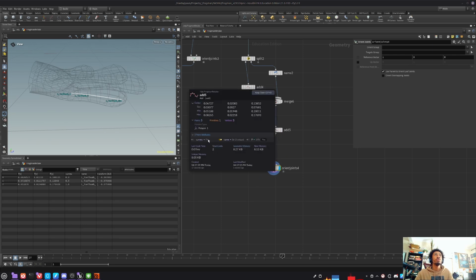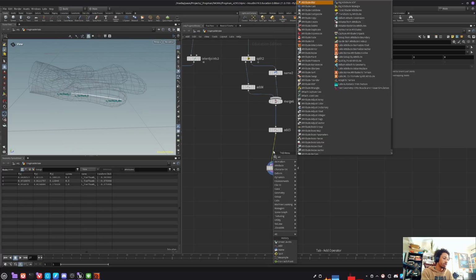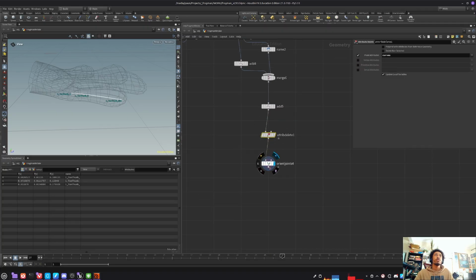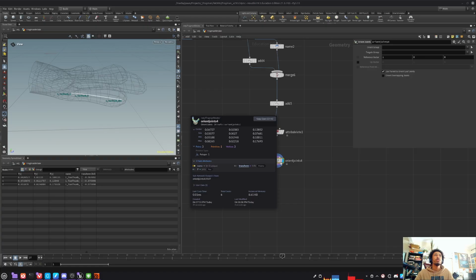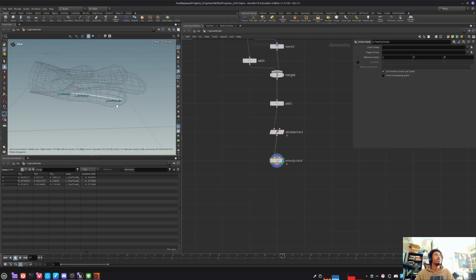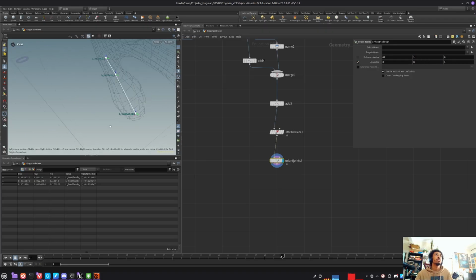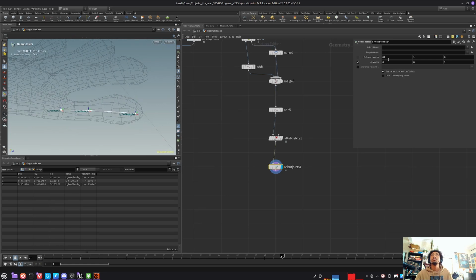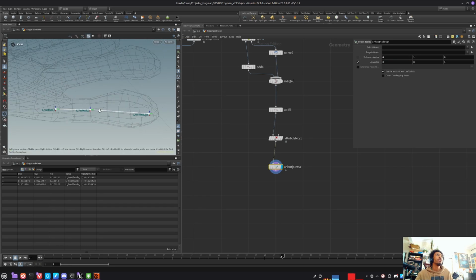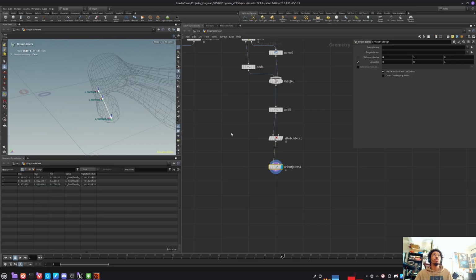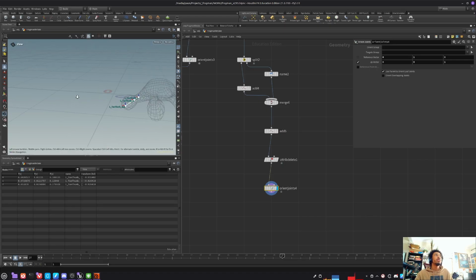Actually I want to delete the curve view because we don't need it anymore, so I should do delete curve view, and should be fine. Nope, not fine. So 0, 1, and this one is going to be up for real this time. 0. Okay, so this is good. This is what we want, and now we want to like